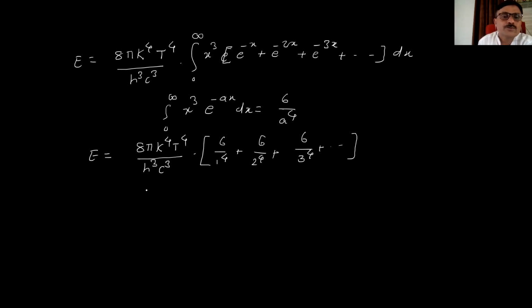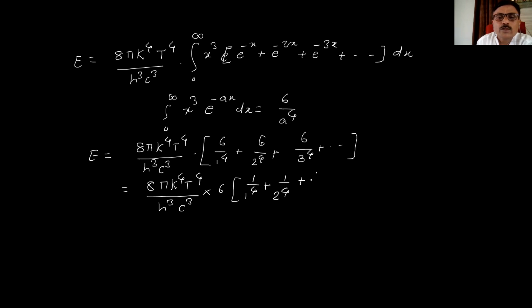I will get higher order terms. So I can take 6 as common, and so I will get E is equal to 8 pi k raised to 4 T raised to 4 divided by h cube c cube into 6 into bracket 1 upon 1 raised to 4 plus 1 upon 2 raised to 4 plus 1 upon 3 raised to 4 and so on. So this is nothing but a standard series, and we know the value of that standard series is,